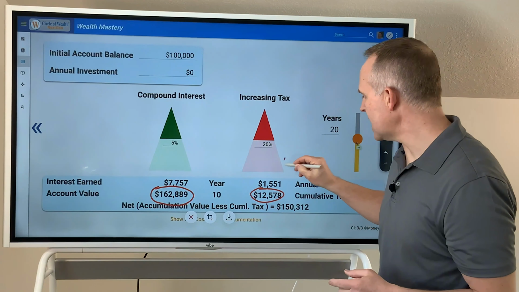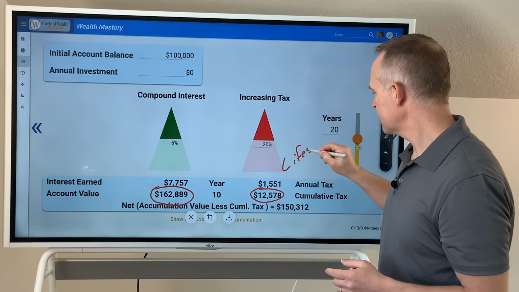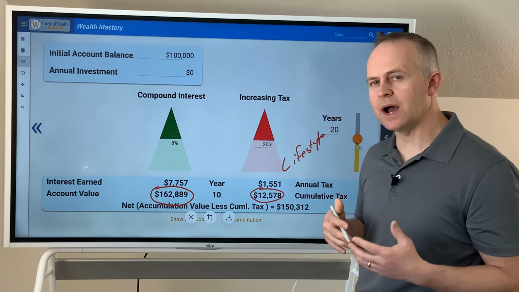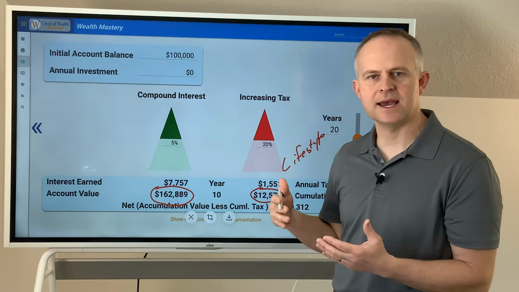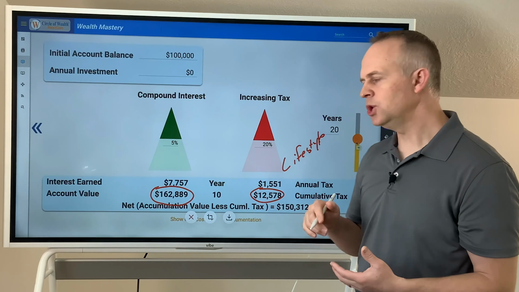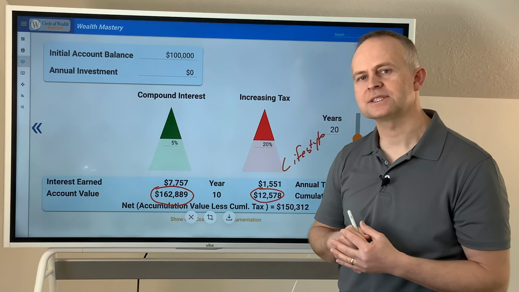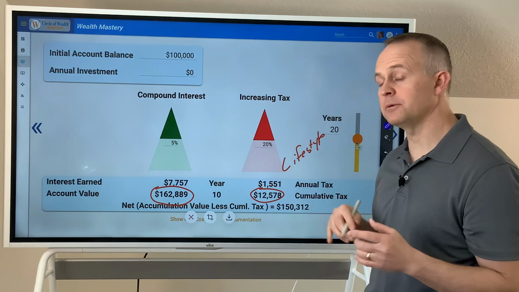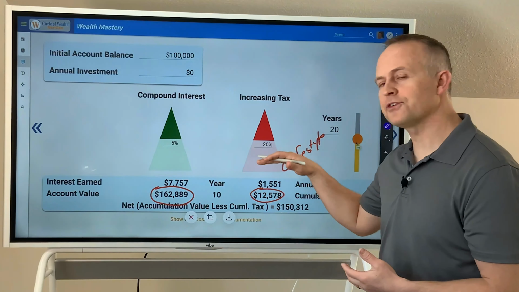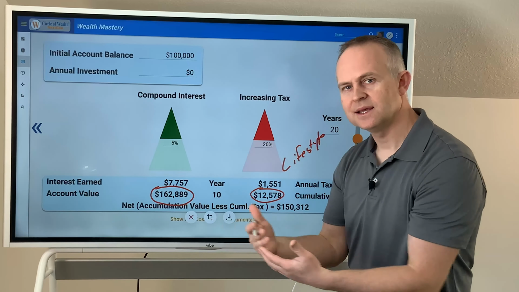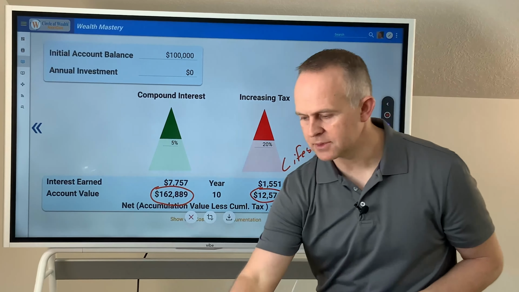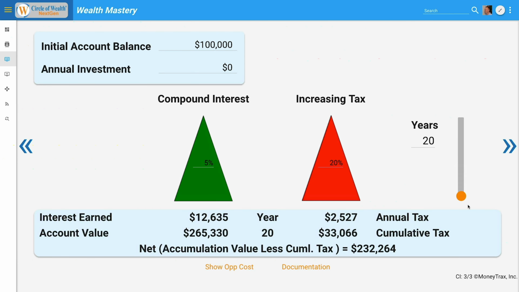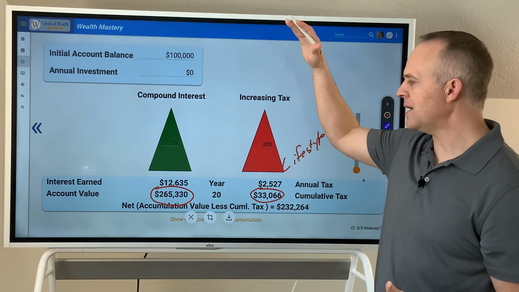That means that this is lifestyle money. So I'm not showing you paying the taxes out of the account. I'm saying that come tax time, when you get a tax bill, you are paying an extra $12,000 in taxes. Well, in that particular year, you're paying $1,500 for that year. But over the first 10 years, you have paid an extra $12,000 so far in taxes. So as time goes on, and we're looking at this over a 20-year window, yes, it's true, your $100,000 does compound interest to